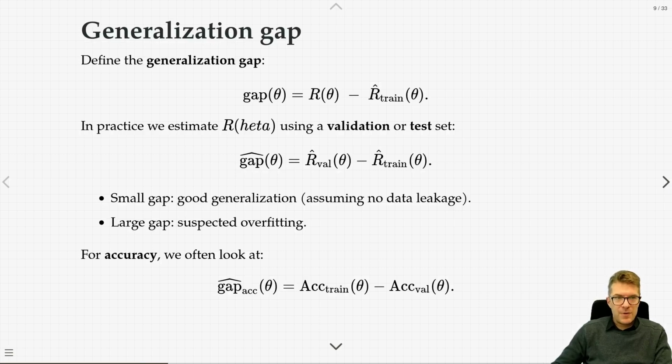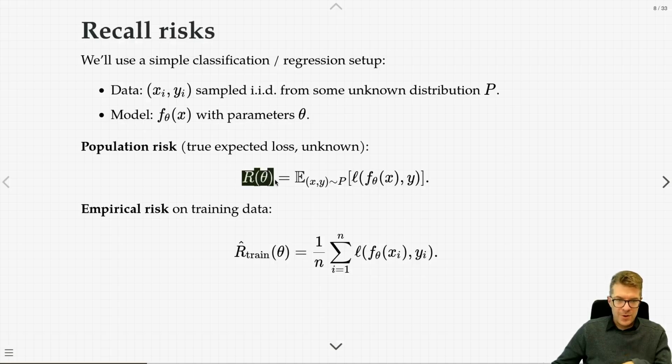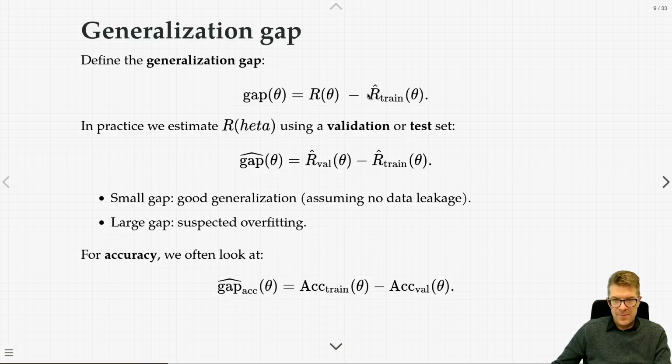This is a minor thing. Again, this is kind of implicit before, but we have this idea of the generalization gap. The generalization gap is the difference between the real population risk, which we defined a moment ago, which we don't necessarily have access to, and the empirical risk, which we can compute empirically on our available data. Oh, mistake. This is a LaTeX bug here. This is theta. So in practice, you can estimate this population risk using the validation set, or maybe even the test set.